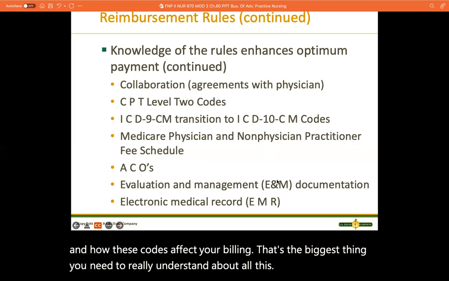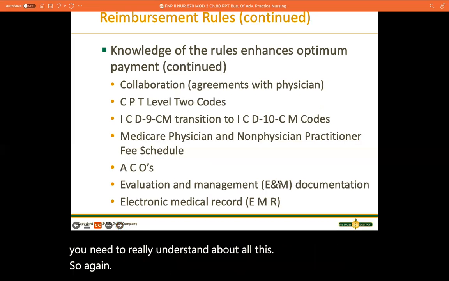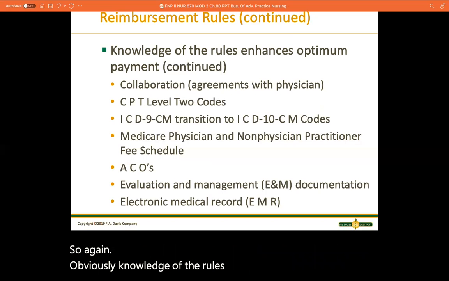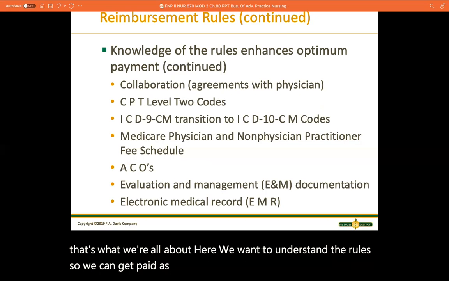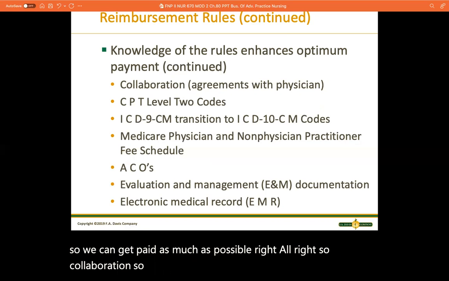Okay, so again, obviously, knowledge of the rules enhances optimum payment. So that's what we're all about here. We want to understand the rules so we can get paid as much as possible, right? All right, so collaboration. So again, keep in mind, depending on what state you're licensed in, you may need a